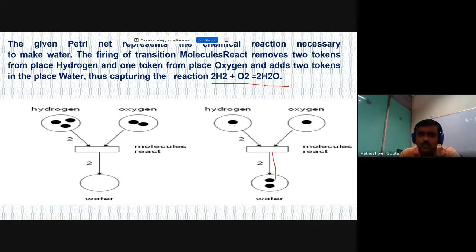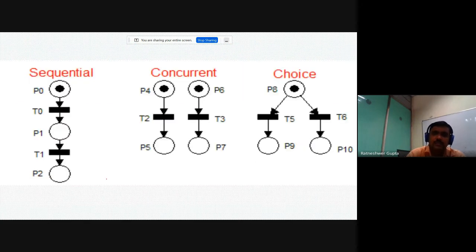But suppose we do not have this, and we have only one oxygen and one hydrogen. In that case, this particular activity will not be enabled, or this transition will not be enabled. So a transition will only be enabled if we have sufficient resources. Based on that, we have created this criteria of the colored Petri net. And since in architecture there are various types of activities, the colored Petri net supports various types of activities.